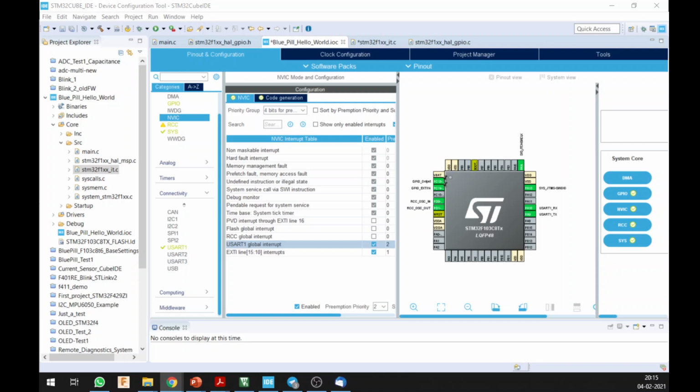Sir, can you show any example of how interrupts are being used in this STM32? I do not have hardware connected with me. I will be sharing a video of that shortly. I just wanted to go through this interrupt before I share that video. I will be demonstrating this on hardware.